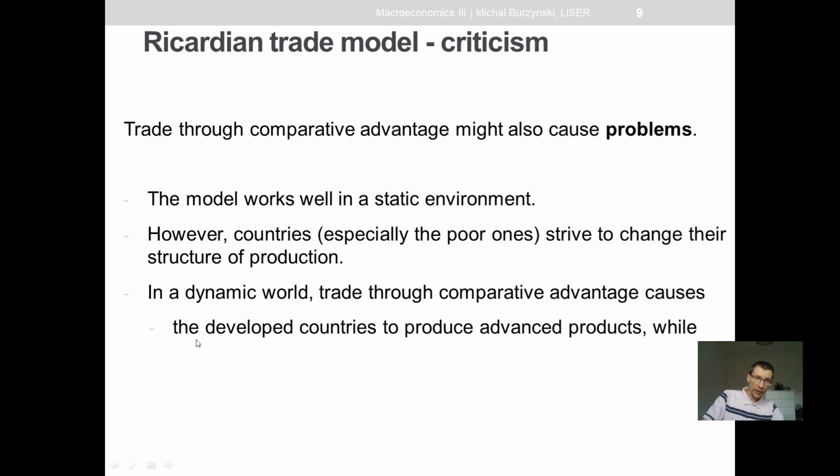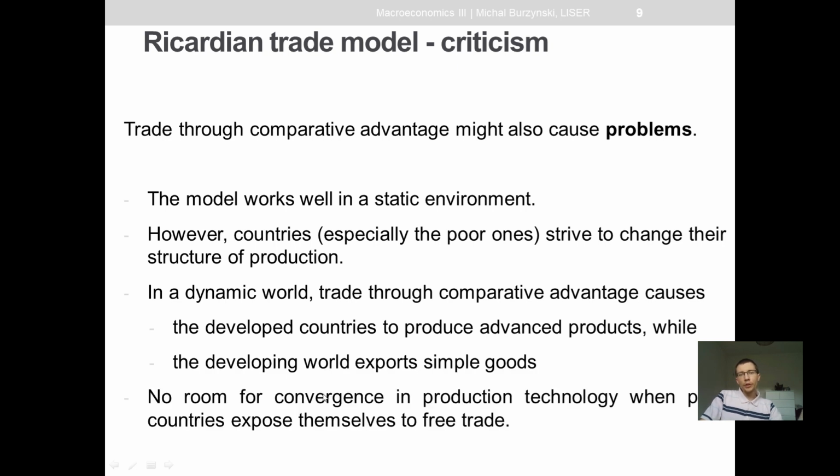All right, the developed countries produce advanced products while the developing world exports simple goods, and there is no room for convergence in production technology when poor countries expose themselves to free trade. And this is, of course, a problem of every static model, that you are simply analyzing a snapshot of the economy. But in general, this Ricardian trade model will tell you that there is a permanent divergence in terms of